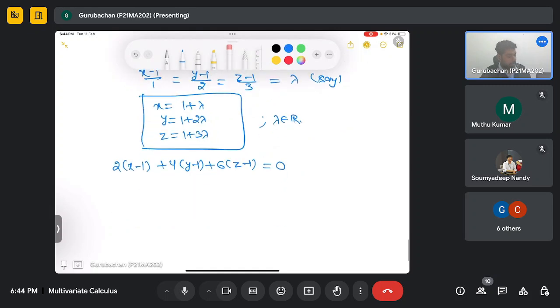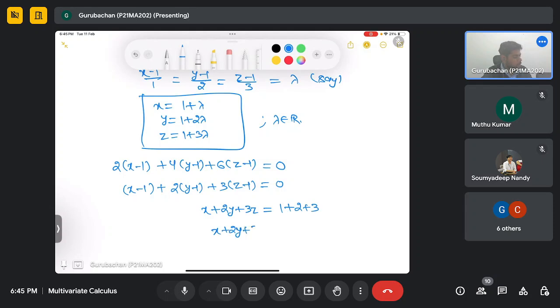Now we can take a factor of 2 common, so it will be (x minus 1), 2 times (y minus 1), 3 times (z minus 1) equal to 0. It will be x plus 2y plus 3z equal to 1 plus 2 plus 3. So x plus 2y plus 3z is equal to 6